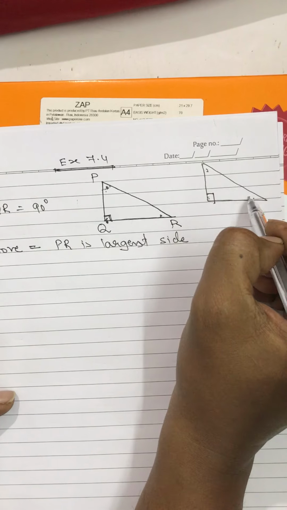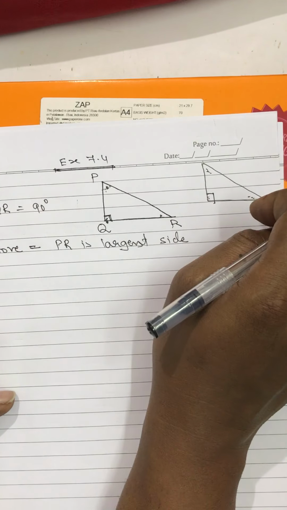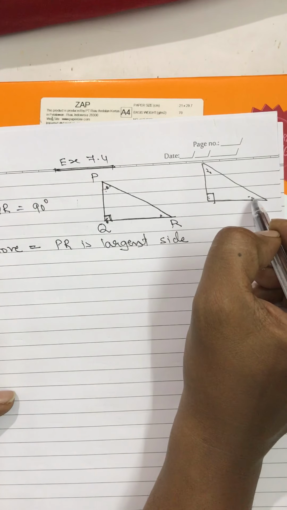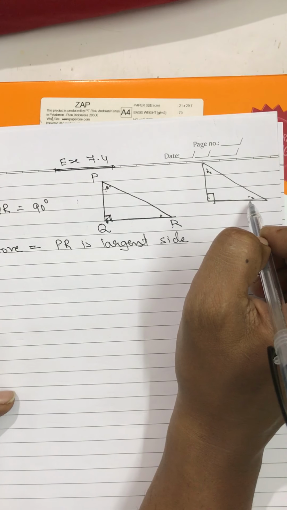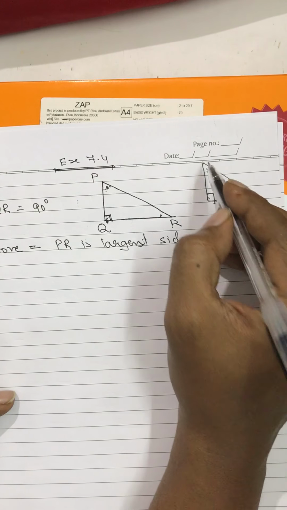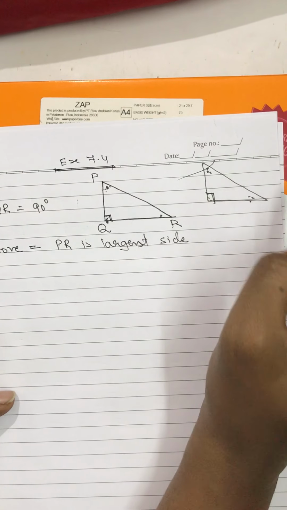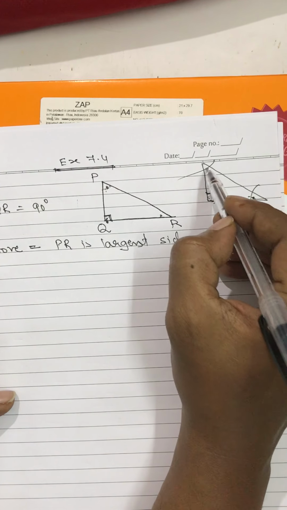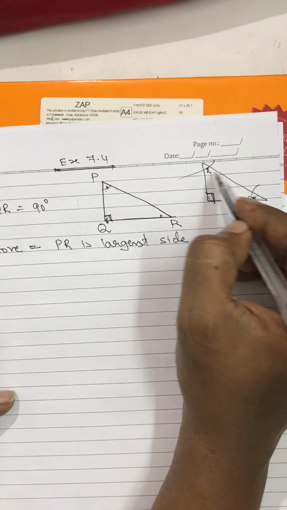So now what do they have? They have left only 90 degrees among them to distribute, means 90 degrees will be divided among them. So this alone will be less than 90 degrees, and this alone will be less than 90 degrees. Therefore, when you compare this with 90 degrees, it has to be less than 90 degrees, and this also has to be less than 90 degrees. Of course, among them they can be any angle. This can be greater than this or this can be greater than this.